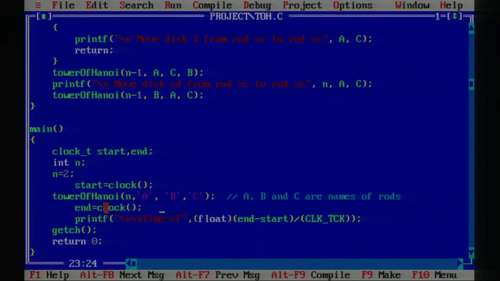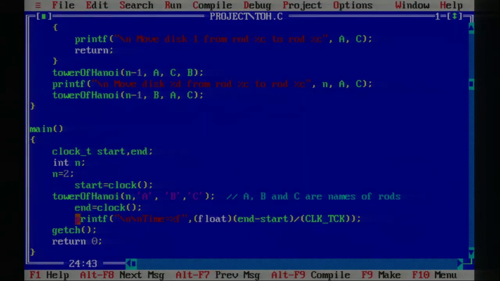Then if you want to calculate the total time, it is going to be ending time minus starting time. So this is how it is represented. This CLOCKS_PER_SEC represents the CPU time, or number of CPU clicks. So you have to include that as well. If you want to print the value, first convert it to float. This is explicit typecasting.